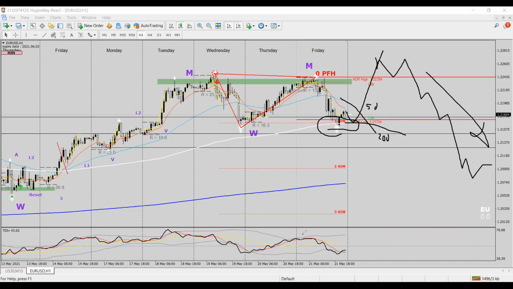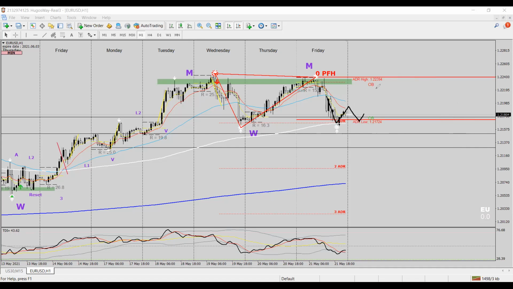Is there a possibility to have a W off the May on H1? Yeah, absolutely. Like I just showed you right here. Here's the W off of H1. Okay, it could totally do this